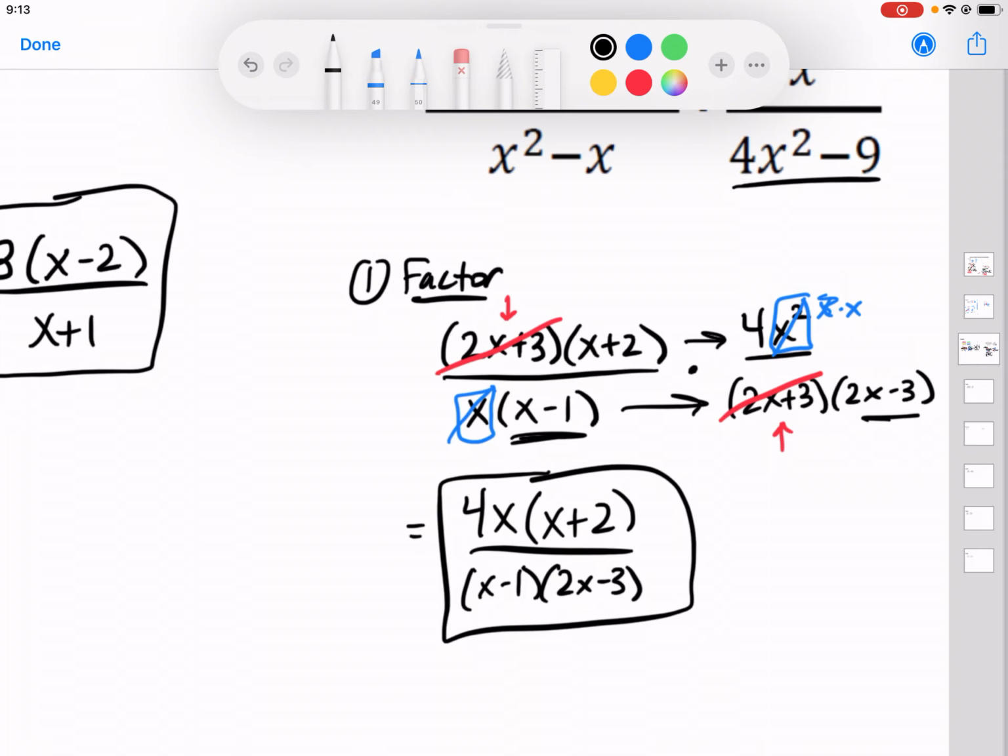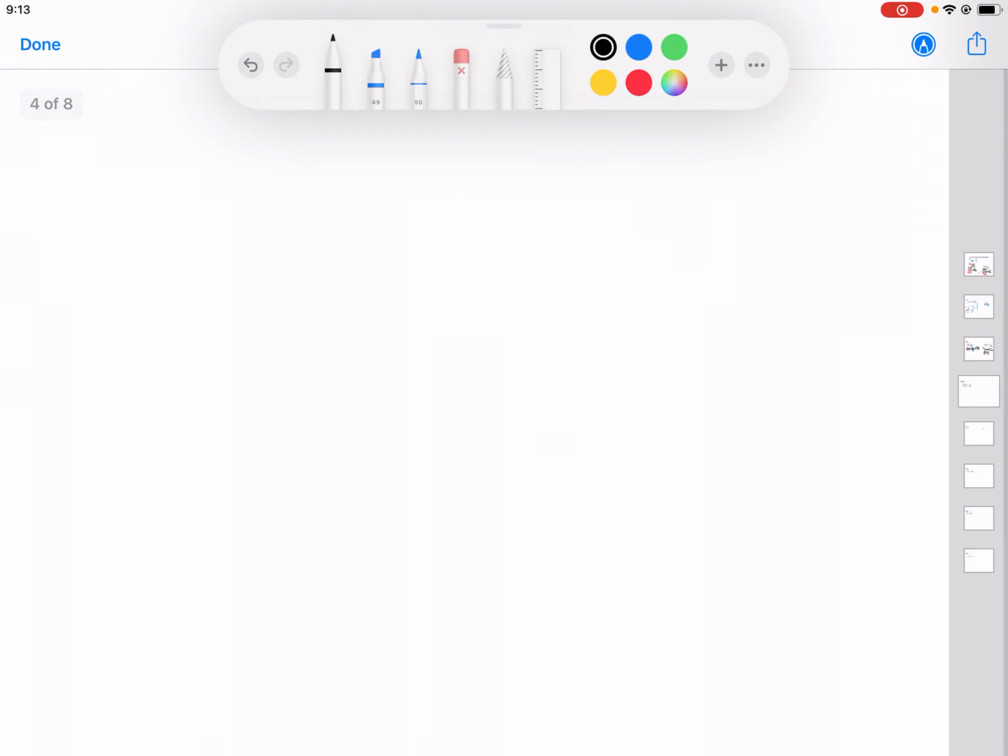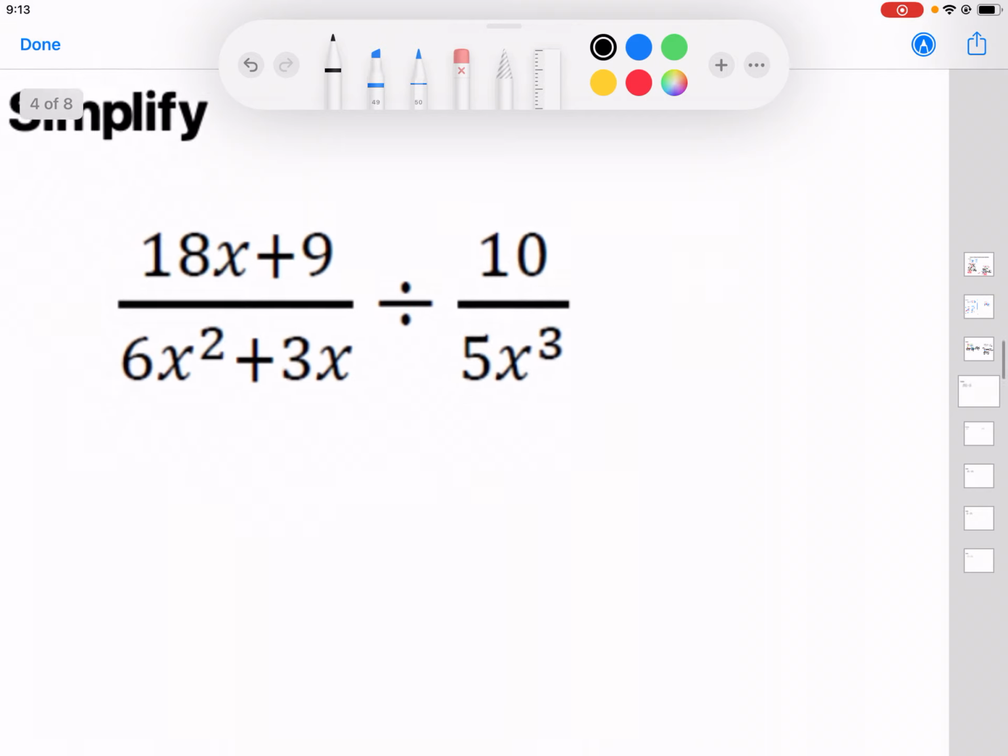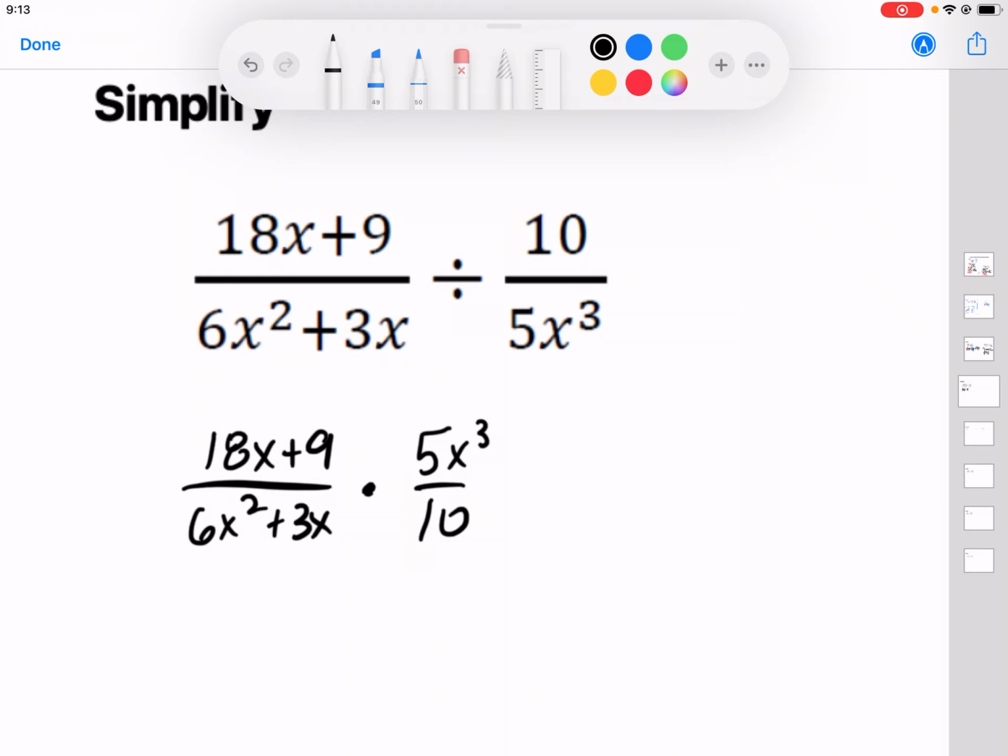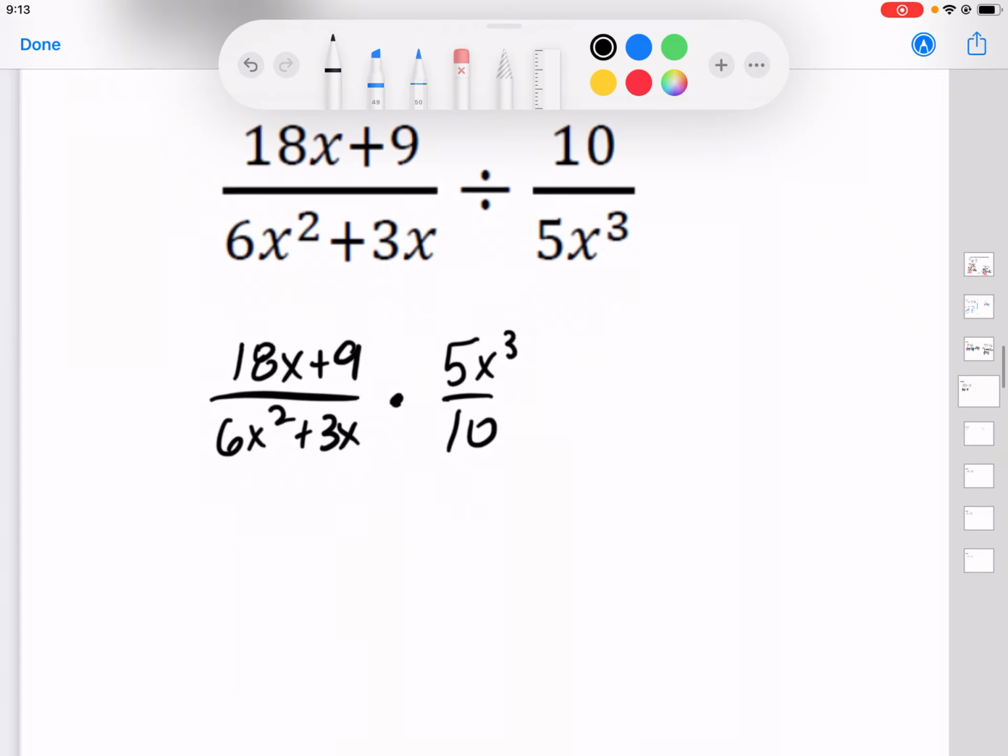Let's switch over to a division problem. It's not much different, but in fact, it's pretty much the same. You just have to do one extra step. So I'll do that extra step first. I have 18x plus 9 over 6x squared plus 3x. So I copy the first one, dot, and then flip the second one, 5x cubed over 10. And then I just start